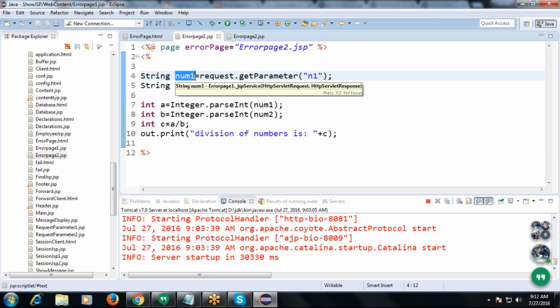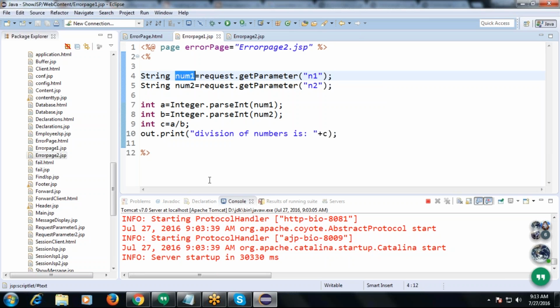So we assign the first value into num1 and the second value into num2. But here the user sends the data in the form of numerical values.